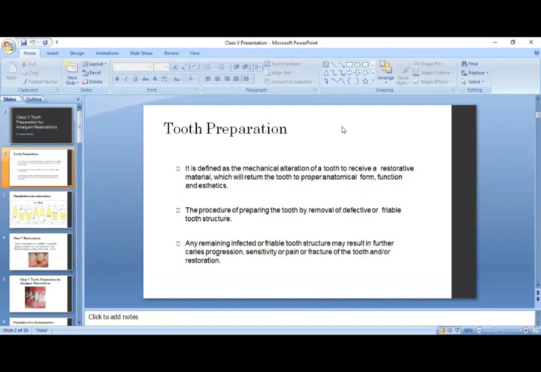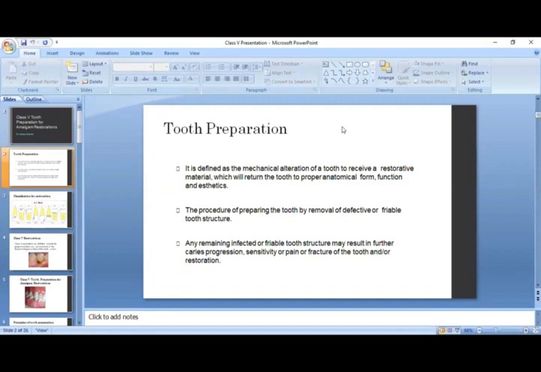Recurrent caries lesion means that if you fail to remove all of the caries lesion and a small caries lesion is present even after the removal of the defective tooth structure, that basically causes caries again and again in that area. Secondly, bacterial growth will take place in the future. Third disadvantage is that, for example, if you put the restoration on the defective tooth structure, that restoration will definitely fail. Why fail?